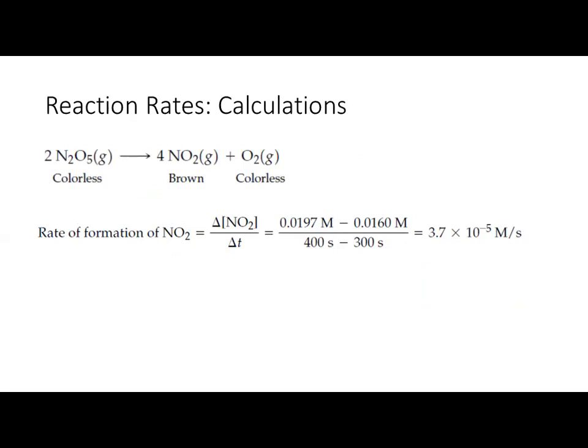That means this is always the unit of the rate: molar per second. And molar, further you can explain it: this is moles per liter. So capital M means moles per liter. This is actually the basic information we are considering over here. Let's suppose, in a similar way, you can calculate the rate of N2O5. What do you think? Is it going to form, or will it decompose during the reaction?